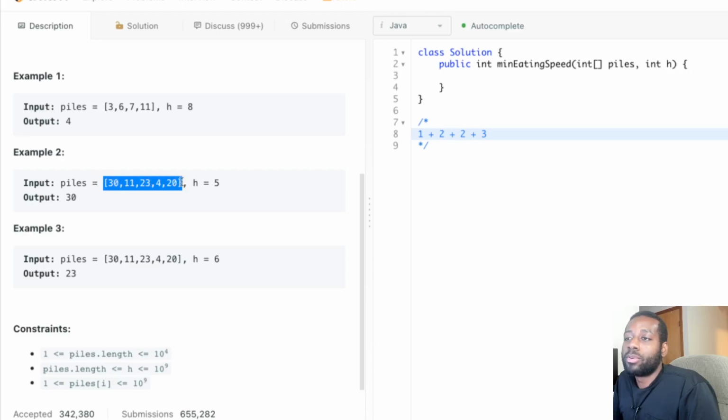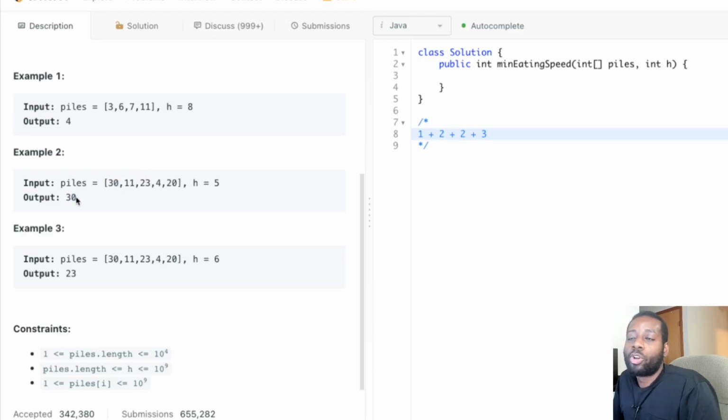bananas at one of the maximum. So the maximum pile, right? The pile with the maximum bananas. So that's the speed that we're gonna eat at. Well, you see 30 and you see 30 here, right? Because if we want to guarantee that we eat all of the bananas in at most 1 hour per pile,